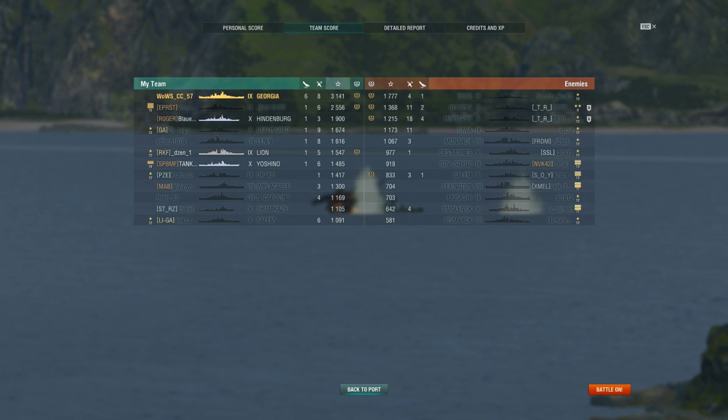Team score wise, 3.1k base, 6 kills, 8 planes shot down. A pretty comfortable carry in a tier 10 game. Luckily, only tier 8 carrier in this one. It can be difficult if they target you, but general carriers don't really like targeting the Georgia too much because you're very fast. So getting torpedoes in isn't really that easy, and combined with the good AA, you're not really